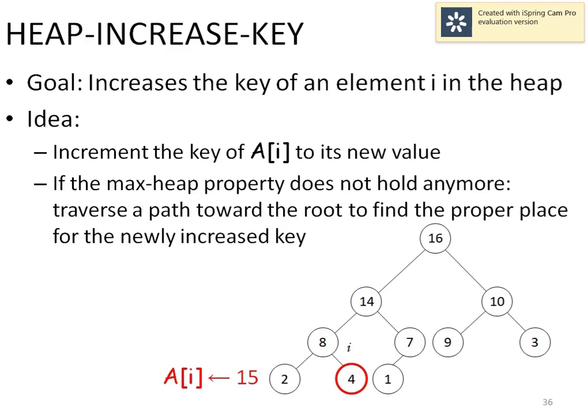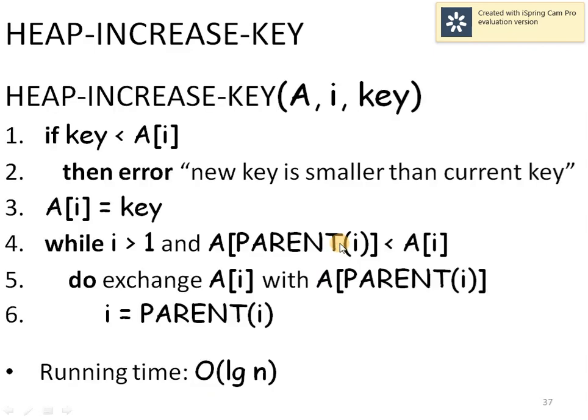In order to implement this concept, here is the code. So we have a function heap increase key. It is accepting A, which is a heap. I represents the index whose value we are trying to replace with a new value given by variable key. So the first step is we have to check if the new key value is greater than the existing A[i] or not. If it is greater, we are allowed to replace. If it is less, then we have to show an error.